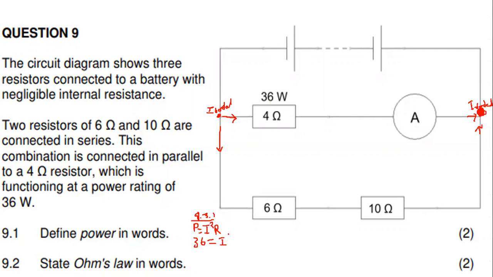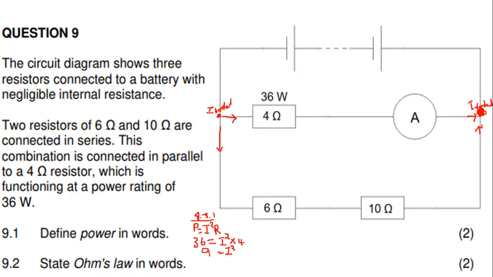So it's I squared, and the resistance there is 4 ohms. Then current squared will be, if I want to remove the 4, I will divide by 4 on both sides. So 36 divided by 4 is most certainly going to give me,